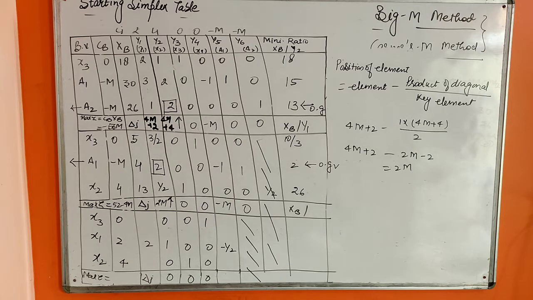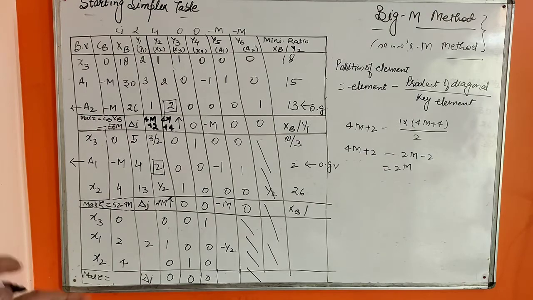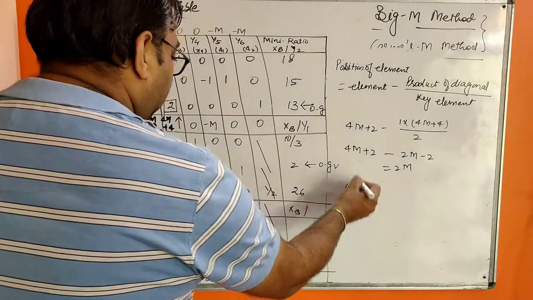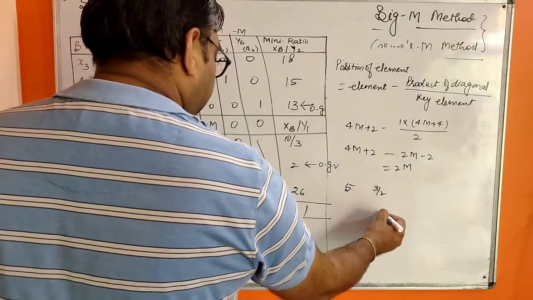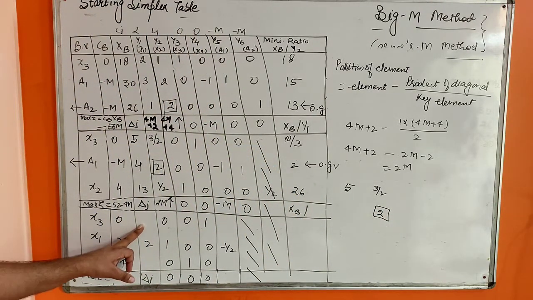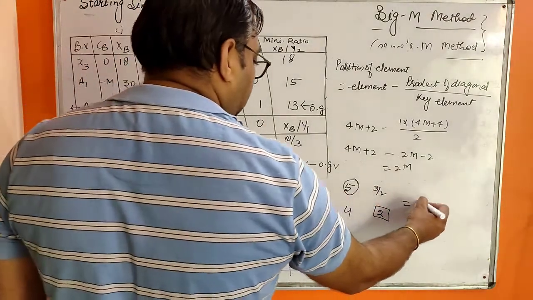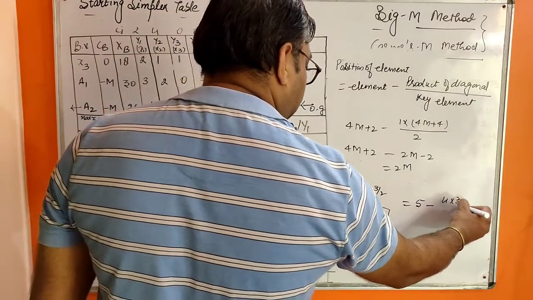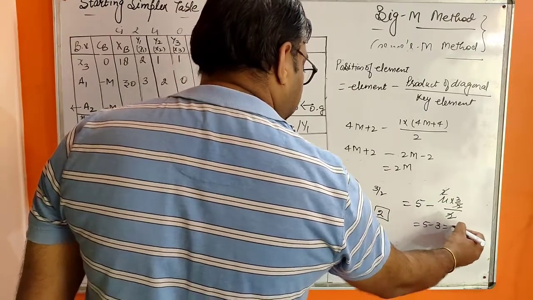So, remaining element can be found by the formula written in the right hand side on the board. So, for this, what is the element in place of this particular element? The element is 5. What is in front of this 5 in the key element column? 3 by 2. Write key element and write the element in front of key element in the column where we have to find the value, that is 4. So this we have to find, this is key element, so these are the diagonals. So 5 minus 4 into 3 by 2 upon 2. 2 to the 4 and this is also cancelled. 5 minus 3, that is 2.